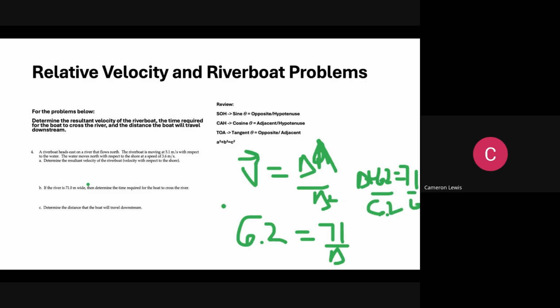I am moving very fast. But we start off with that equation, velocity equals displacement over time, or speed equals distance over time. So where we get the time is equal to 71 over 6.2, which is